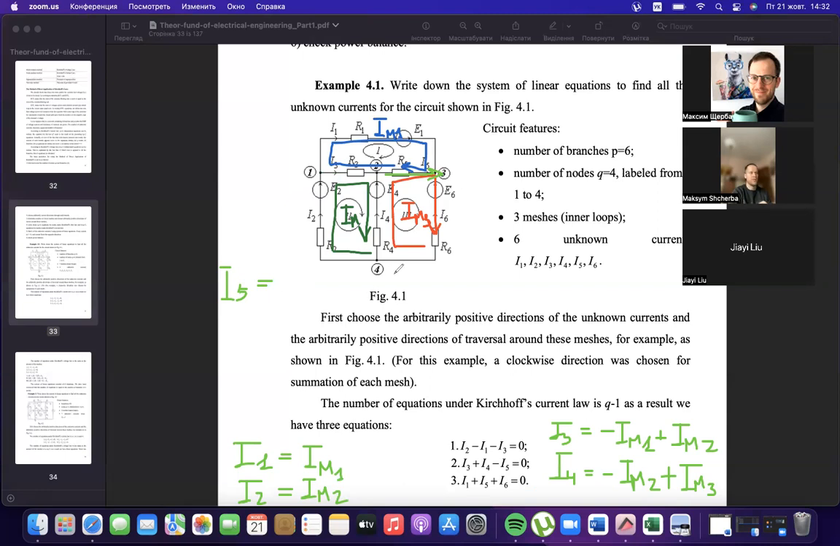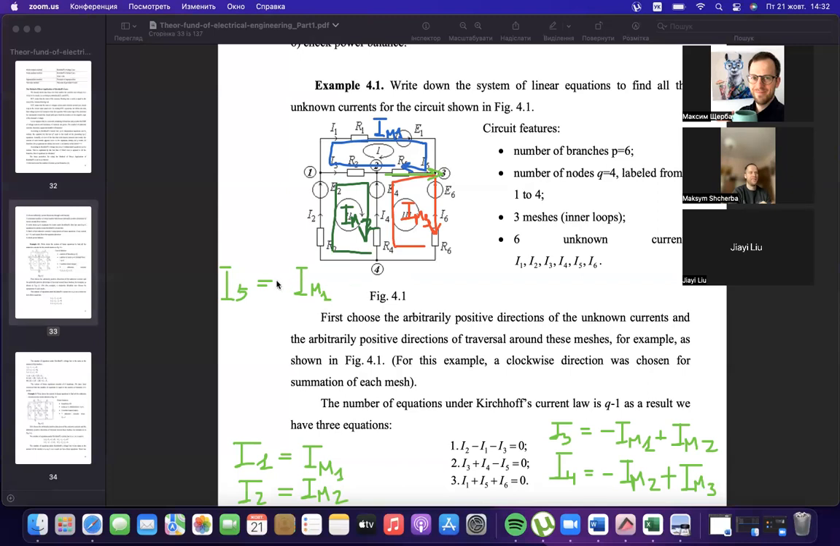Maybe IM1 minus, no, sorry. IM1 is at the top, right? Yeah, IM1 at the top and IM3 at the right. Okay, so the first is IM2. No, there's none. Sorry, I just erased it. IM2, IM1, IM3. Okay, and so I5 equals